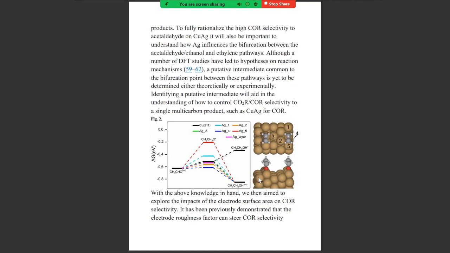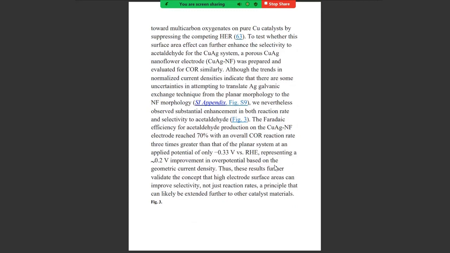With the above knowledge in hand, we then aimed to explore the impact of electrode surface area on COR selectivity. It has previously been demonstrated that electrode roughness factor can steer COR selectivity toward multi-carbon oxygenates on pure copper catalyst by suppressing the competing HER. To test whether surface area can further enhance the selectivity to acetaldehyde for the copper-silver system, a porous copper-silver nanoflower electrode was prepared and evaluated for COR. Although a trend in normalized current indicates that there are some uncertainties in attempting to translate the silver galvanic exchange technique from the planar morphology to the NF morphology,